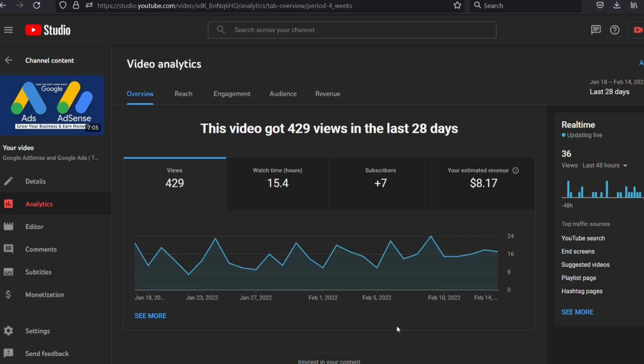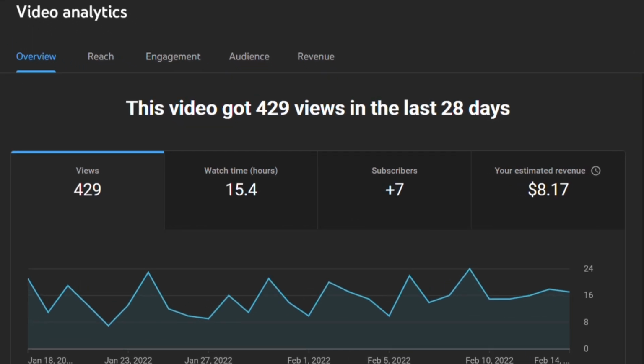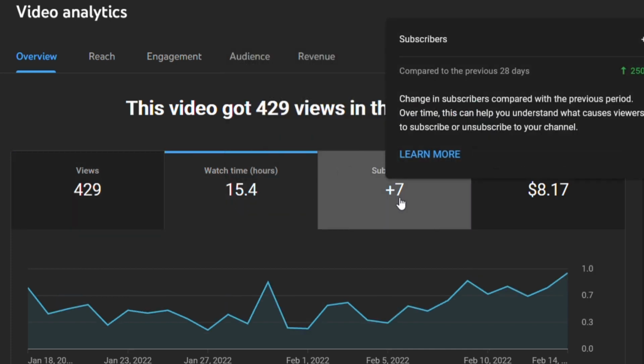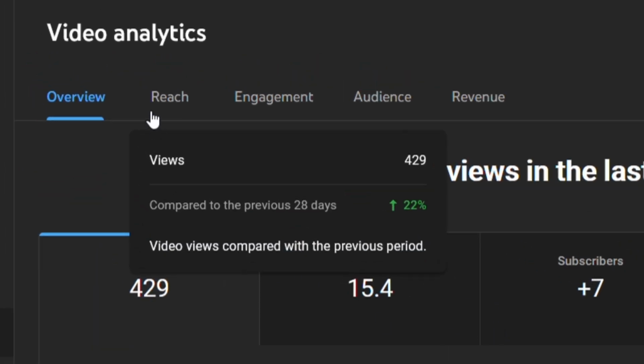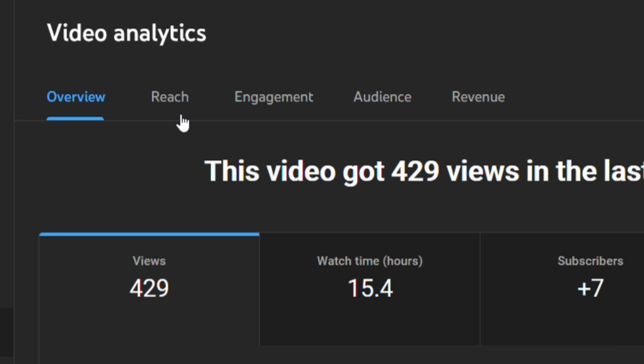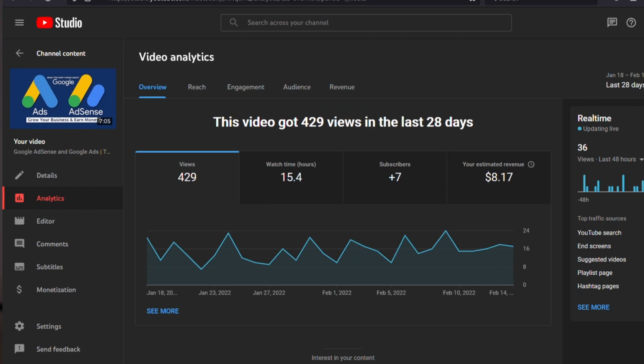A fundamental secret lies behind how YouTube arranges your video's analytics. Watch and you will see the views come first, followed by watch time, subscribers, and revenue. YouTube made this arrangement in order of their importance. The higher tabs are arranged in the same order too: reach, engagement, audience, and the revenue tab, that is if you are monetized. What this means is that reaching out to your audience takes priority.